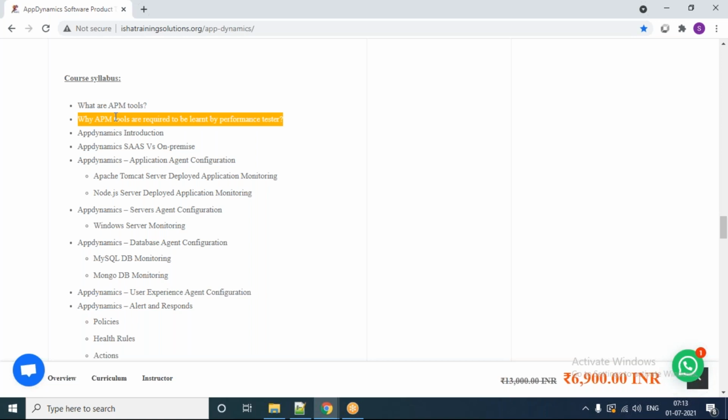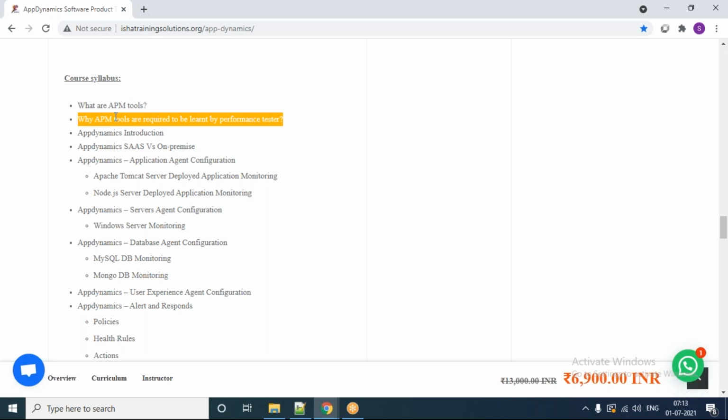This is actually a perception that only performance testers will learn AppDynamics or any APM tool, but it is not like that. Not only performance testers, even developers can use this. Even DevOps engineers, performance engineers, and your infrastructure monitoring team can use this.